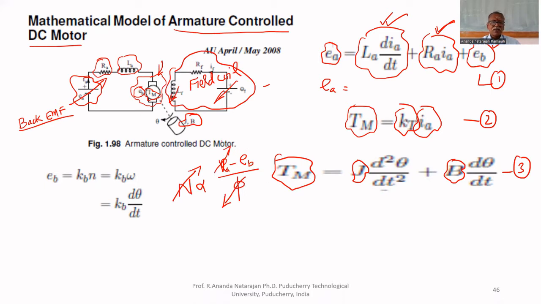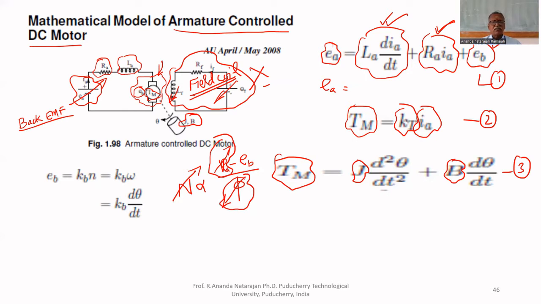But here, if you adjust the applied voltage across the armature, then it is called an armature controlled DC motor, because we are controlling the speed by controlling the voltage across the armature. If you adjust the speed by adjusting the field, then it is called a field controlled DC motor. We are not adjusting any field current, so there is no change in field. So this is constant. That's why we are not including it in the mathematical model, because it remains constant. We are assuming that the field remains constant. Then why do we have to include